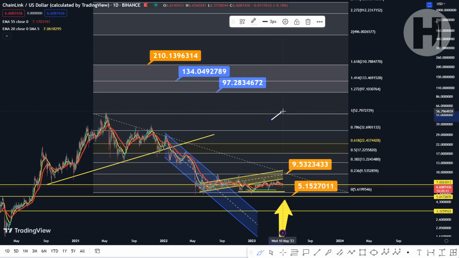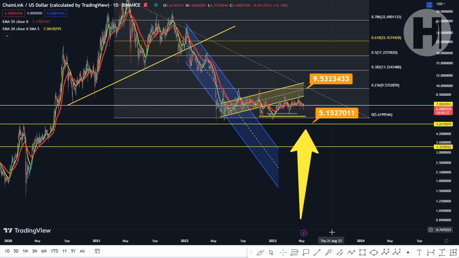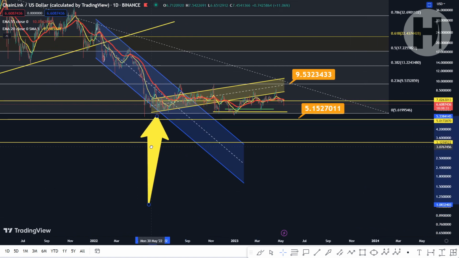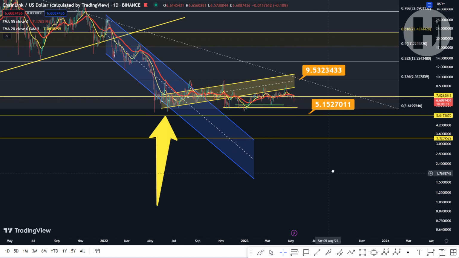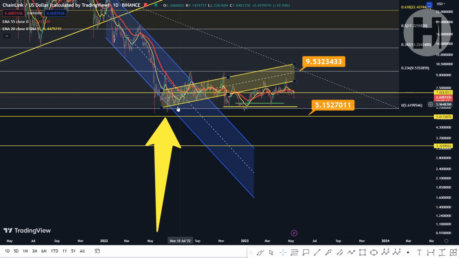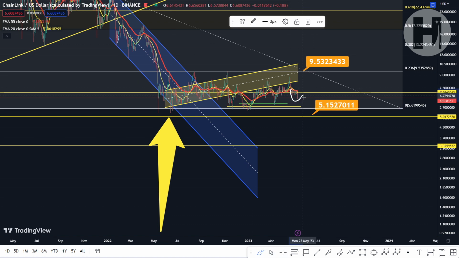So definitely have this fib on your charts, but I do have to advise you that in case we do lose this low that we printed back in May or June 2022, if we do lose that, the fib is going to get changed up. So right now we're assuming that this is our bear market low, but there is a very high chance that, well, not a very high chance, but there is a chance that we might lose that low,